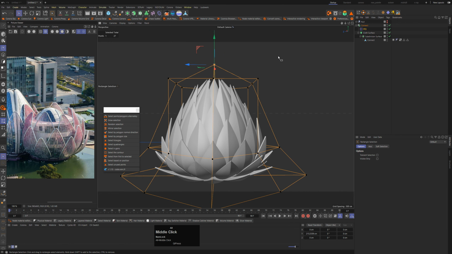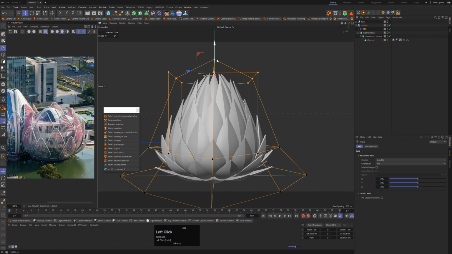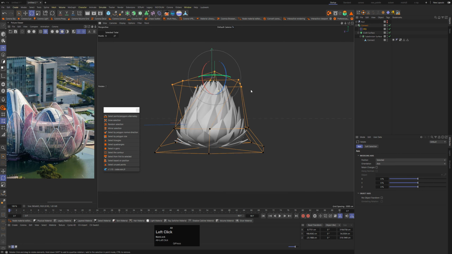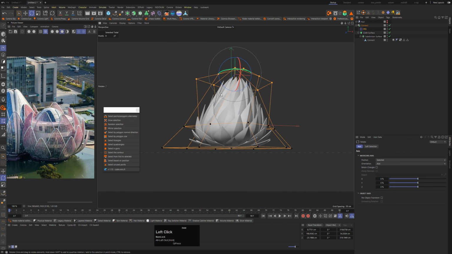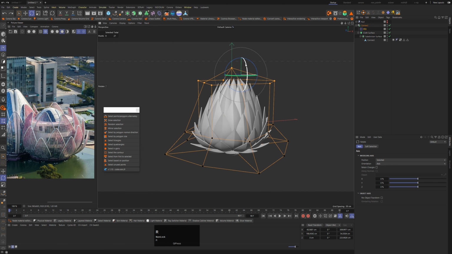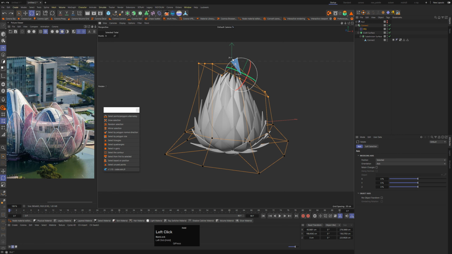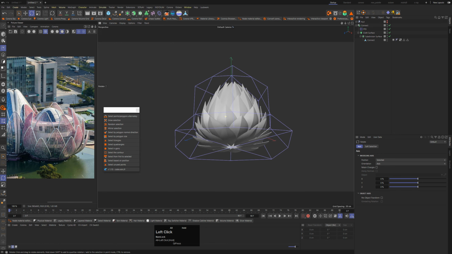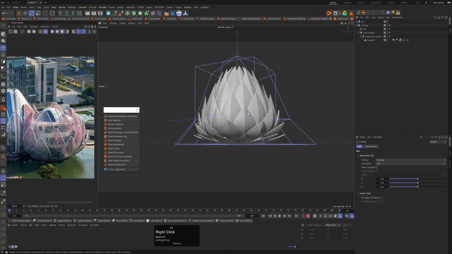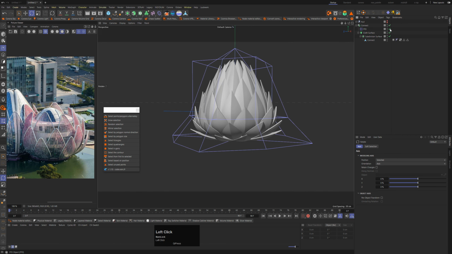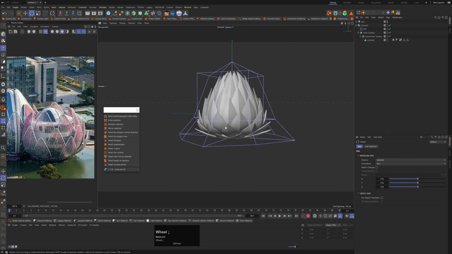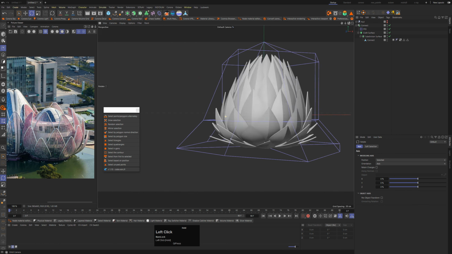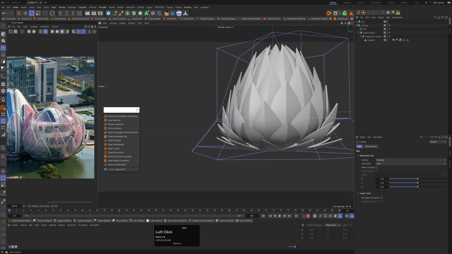Okay, you can always try to move these rows, or even rotate. You can even try to rotate it, but now it doesn't look that good. It doesn't look organic. Okay, you can even try to rotate these, but maybe this is not the way we go with this form. Okay, if you don't like it, you can always start again from the very start. So basically, this is how we do this